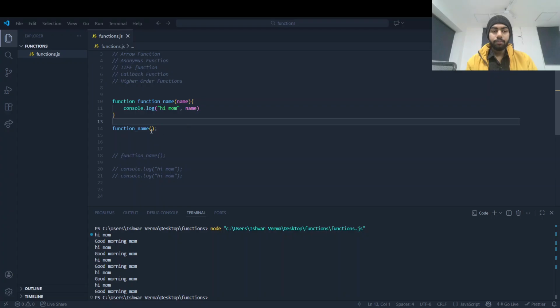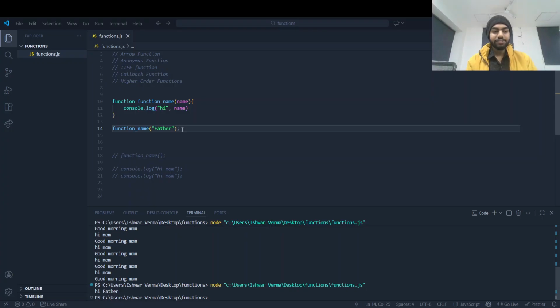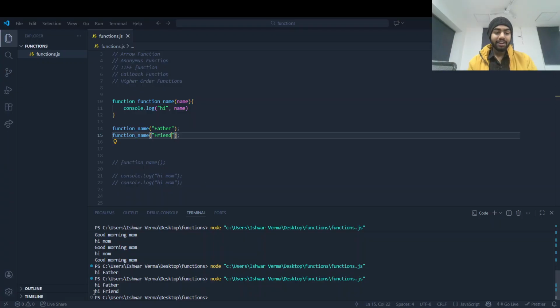If I pass a name here, like father, and call it, you can see the magic happen: hi father. If I call it again with friend: hi father, hi friend.